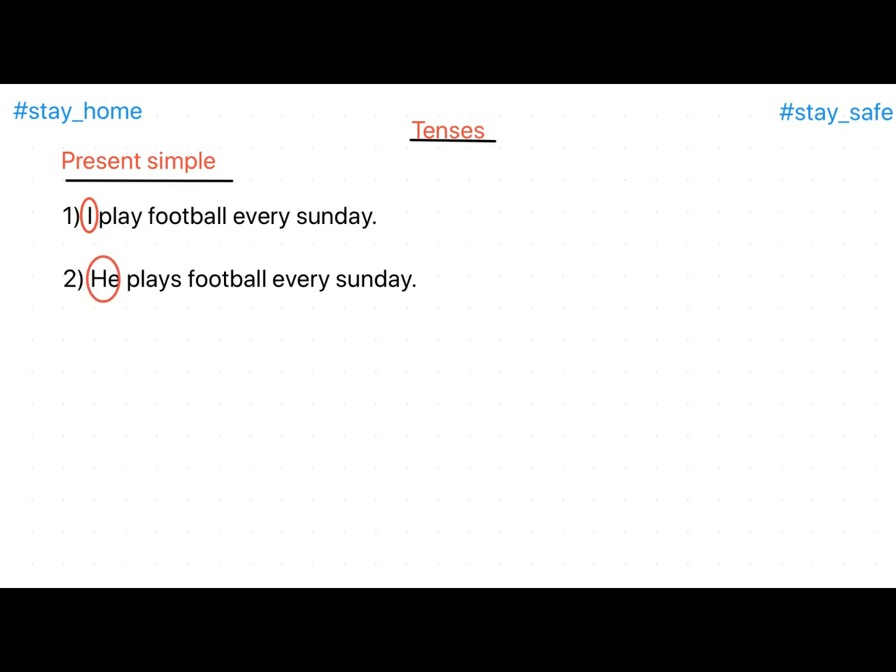Very good. Now let's see where is the verb. In the first one the verb is play, and in the second one the verb is, what is the verb? Yes, plays. Very good. So what do you guys notice here, or what do you think the difference is between these two sentences? Yes, in the first sentence we have only play, which means only the bare infinitive, and in the second one we added an s, so there is an s there added to the verb,